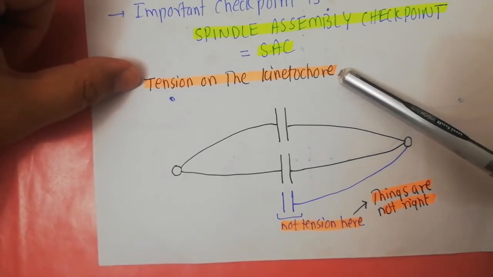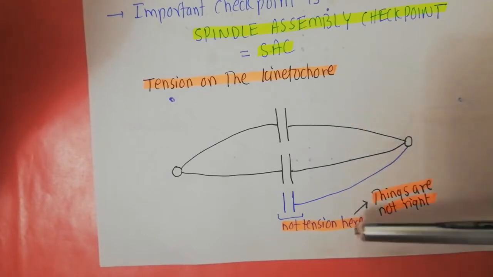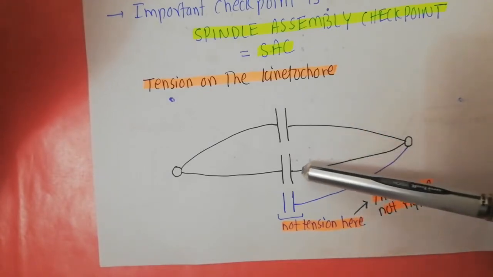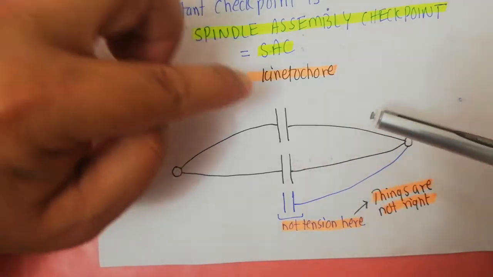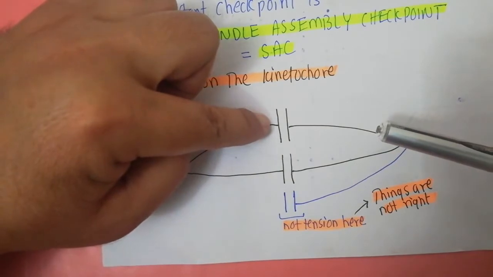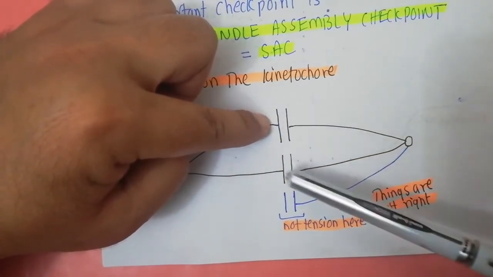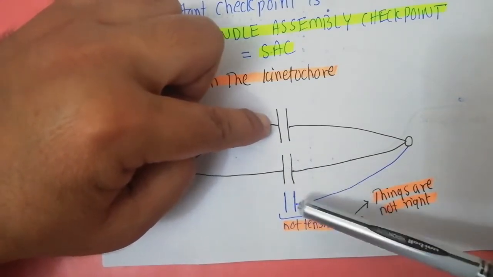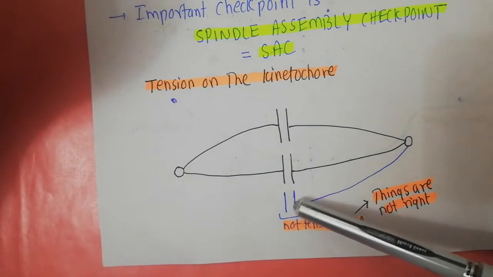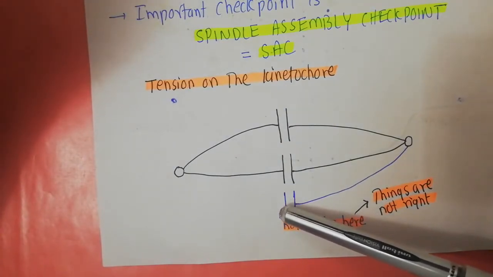If you remember, I've told you that during the S phase of the cell cycle, when the DNA gets replicated, all of the pairs of the sister chromatids are attached to each other by a set of cohesin proteins. Like if you talk about this pair of the sister chromatids, both the members of this pair are attached to each other by the cohesins. And similarly, this pair of the sister chromatids are attached to each other by the cohesin protein.